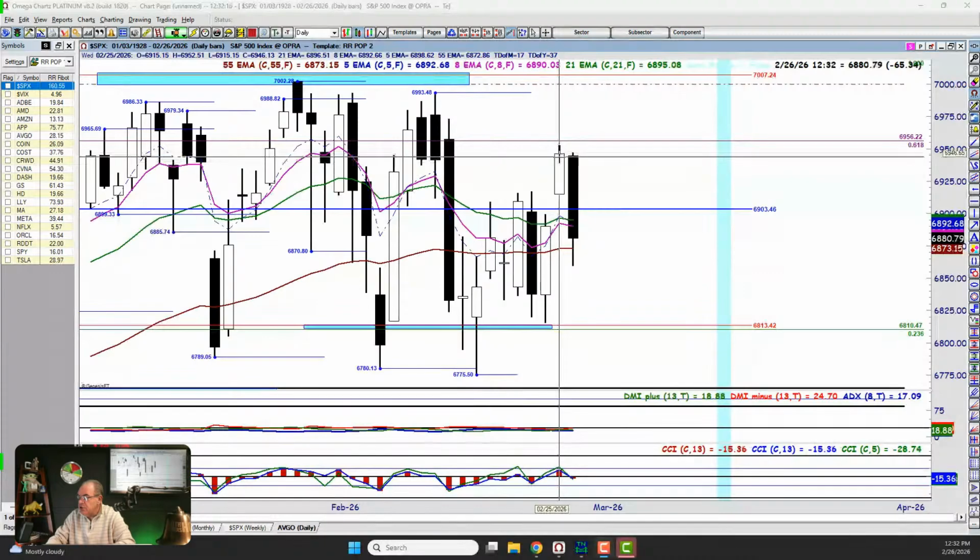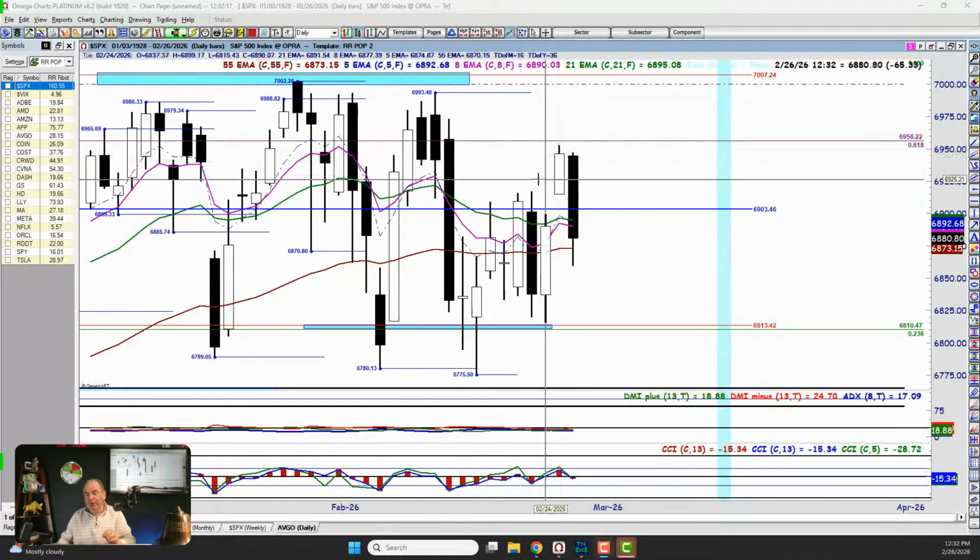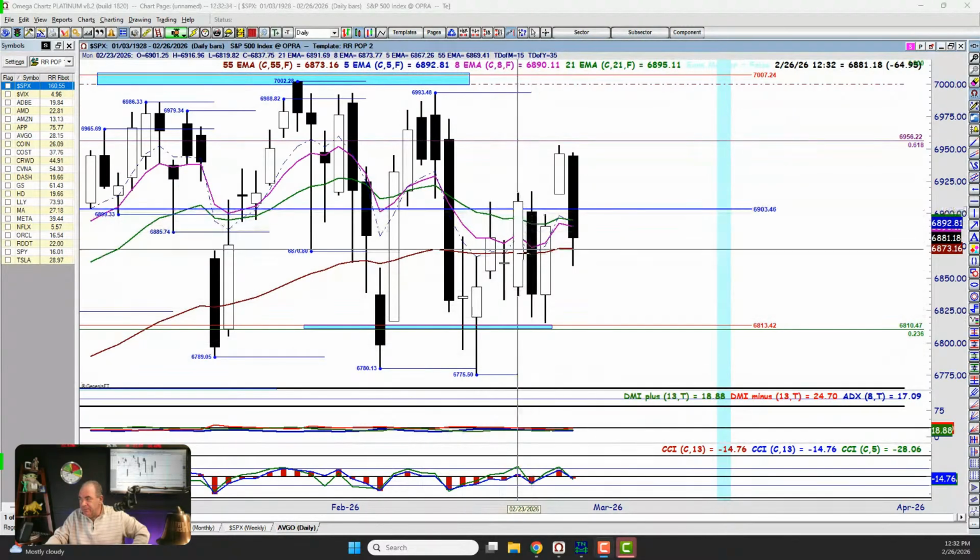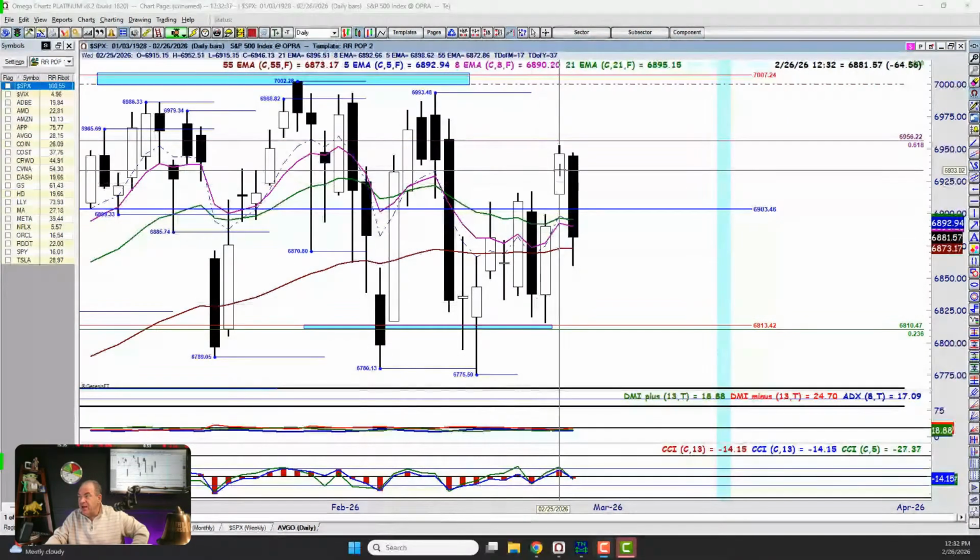Phenomenal run. It took us back into what is called a bullish bias, and we're going to talk about bias a little bit today. And then today we're right back down and we filled the old gap from yesterday. The ironic part is, look at it. We get a day up, a day down, a day up, another day up. Okay, we had a skip in there and a big day down.